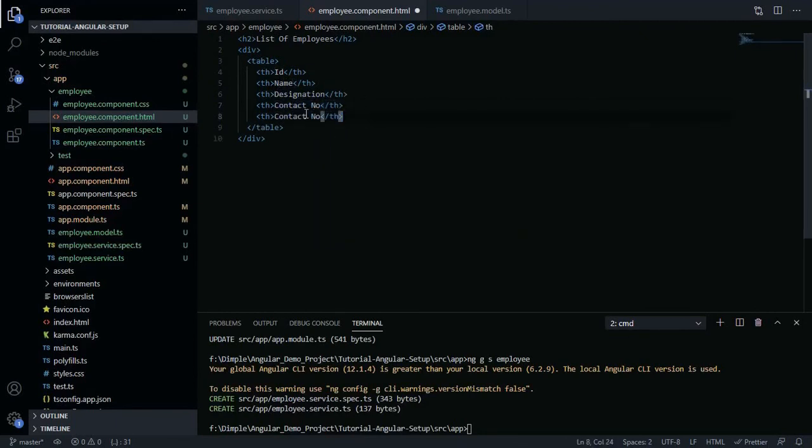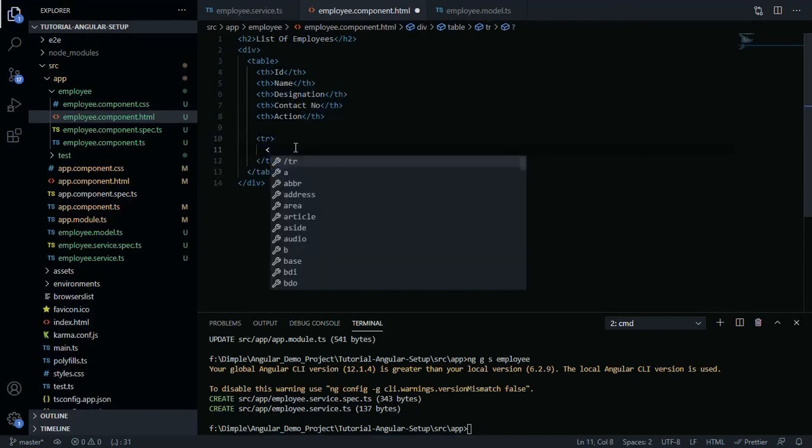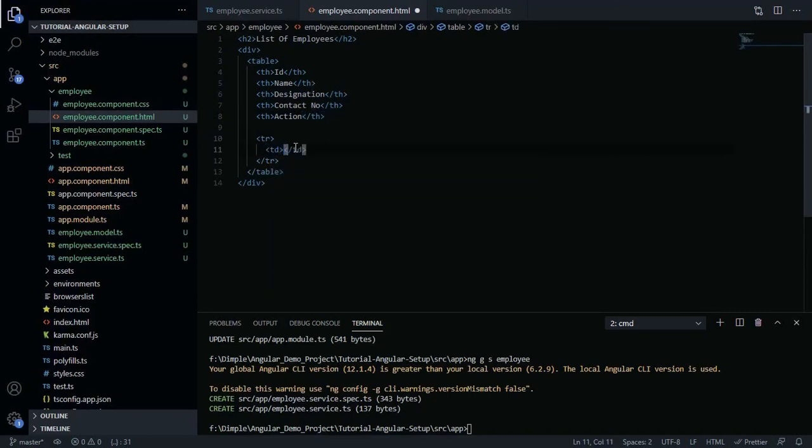So we have to define the action, the delete button. Now inside that we'll create a row, and for every row we have to define the table data. So it would also be 4.